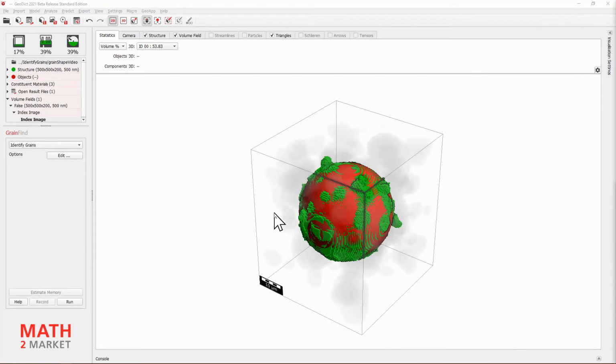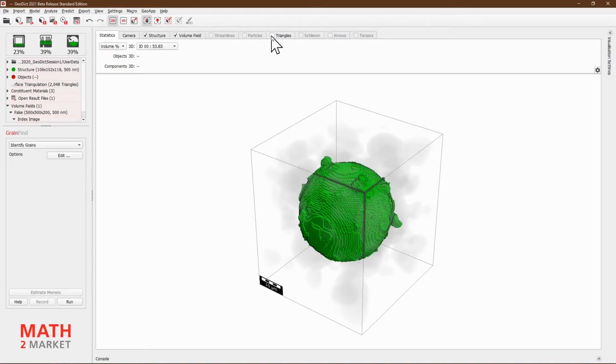So I go back to the main Geodict GUI here, and I see, whoops, the animation has left behind different data in memory than I was used to. You can see the triangulation, which is not voxelized data, but actually an analytic representation of an ellipsoid that I can turn on and off, and that was seen in the movie before.